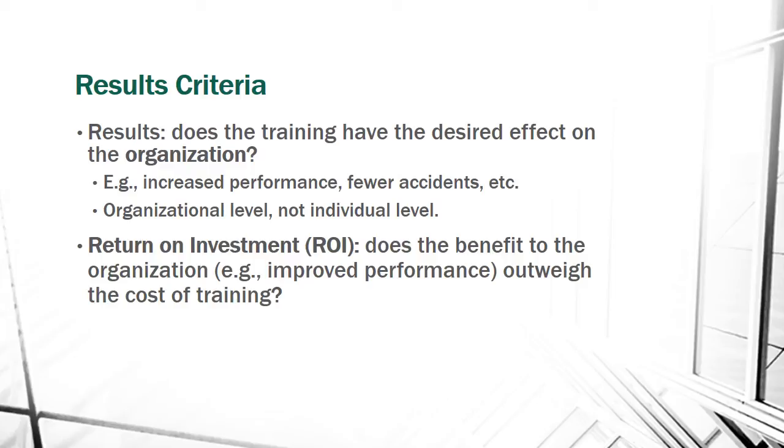Some organizations that work for the federal government have to report their accident rates in bidding for government contracts. Did that 0.5 percentage point improvement in safety, did that translate into now we were able to bid on more contracts? So translating things very much into financial bottom line terms and comparing that to the cost involved in implementing the training program. Of these 4 levels,